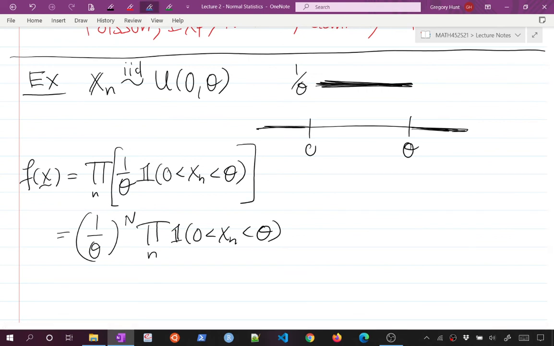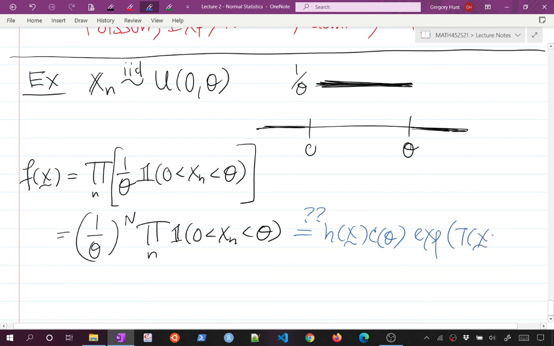In order to make this an exponential family, I have to write it as some function h that depends on the data, not theta, some function c, right? I have to write it as this form. This is not going to be possible. Why? Exponential families, basically, you need to be able to write it in terms of these two pairs of something involving the data times something just involving the parameter. And a product of those. I can't